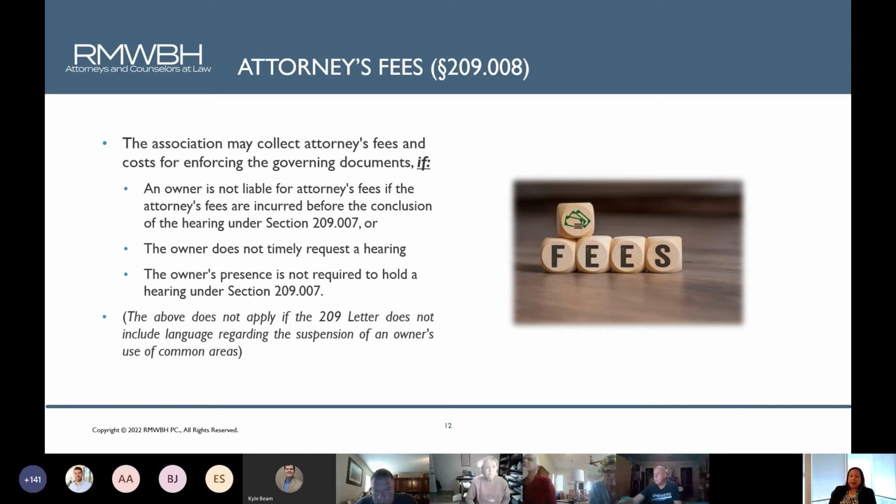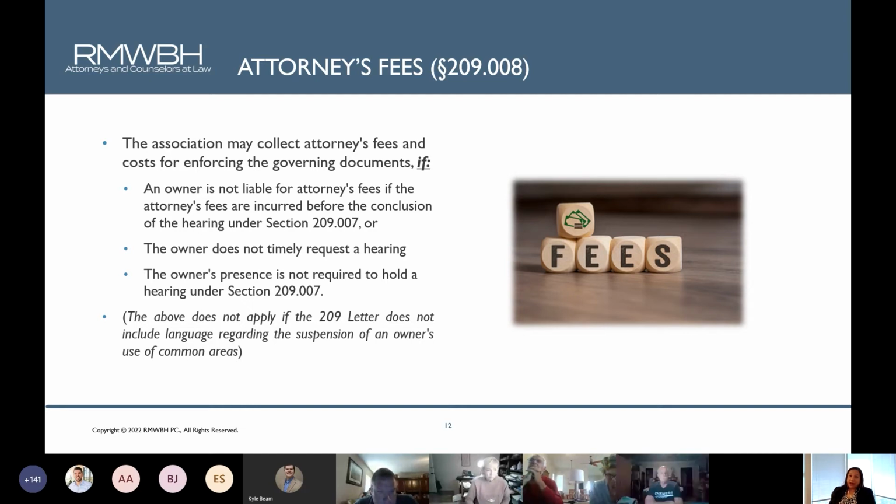Now, the reason why the association might need to include a hearing provision that gives the homeowner the right to request a hearing in a 209 collection letter is because the association is able to suspend common area usage for non-payment of assessments. And if that's true, then the association, again, in that instance, cannot recover attorney's fees unless